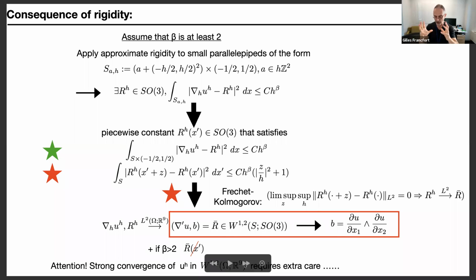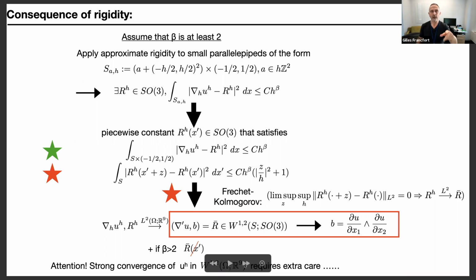So remember, my energies, which depend on h, are bounded by a constant times h to the beta, and I'm going to assume that beta is at least 2 here. So first, I'm on the domain S cross (-1/2, 1/2). What I'm going to do is apply the approximate rigidity result to small cylindrical tubes or tubular neighborhoods